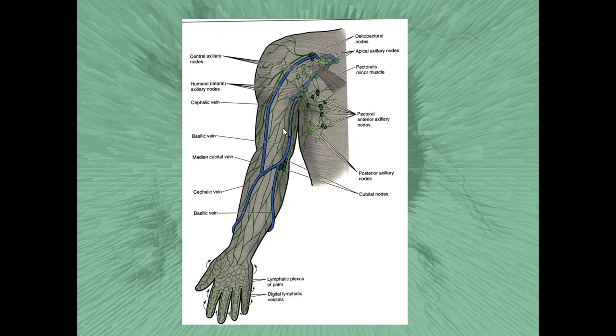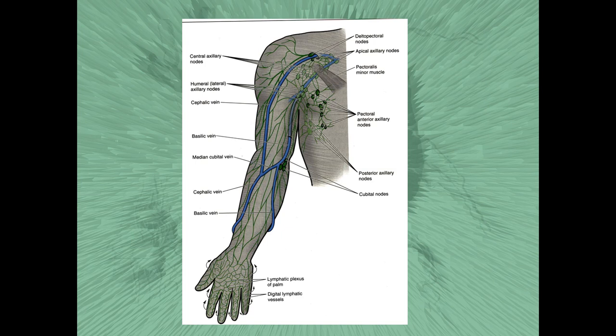Then through the lymphatic vessels lymph gets to the second very important and very big group of regional lymphatic nodes, located in the axillary cavity and represented by 5 groups of lymphatic nodes